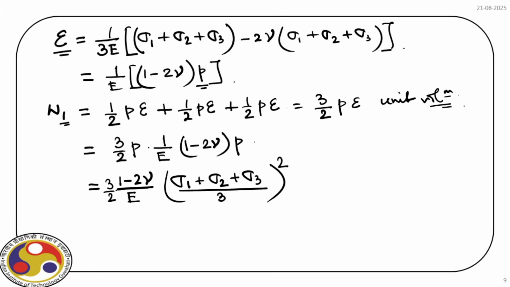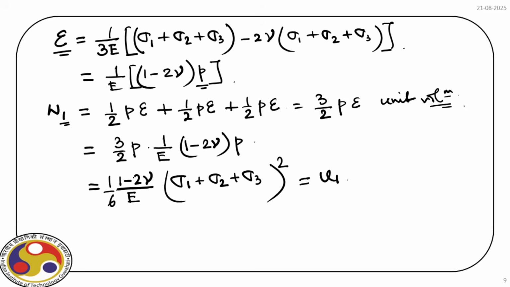So effectively, we can take this 3 out and further simplify. So we'll have 1 by 6. Okay. So that is, say, U1, energy corresponding to the first part, and then we will find out